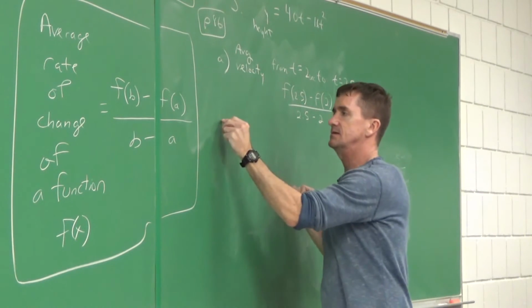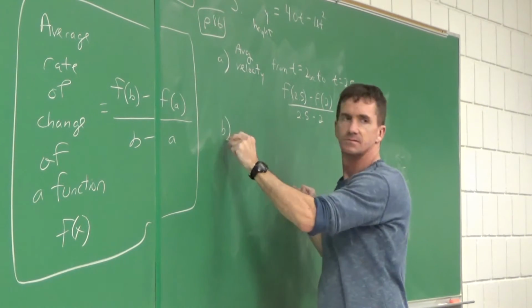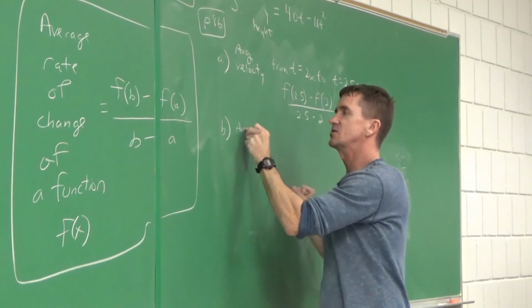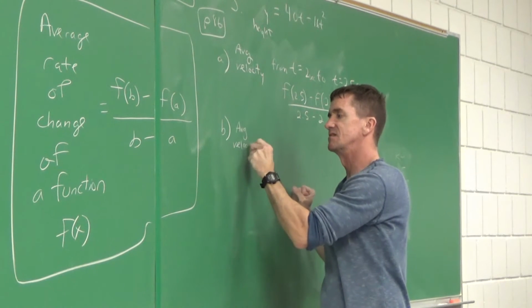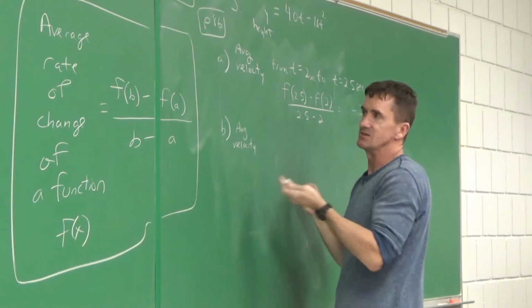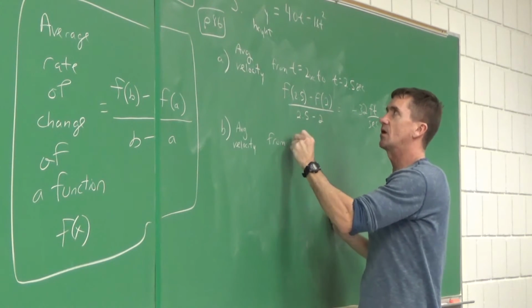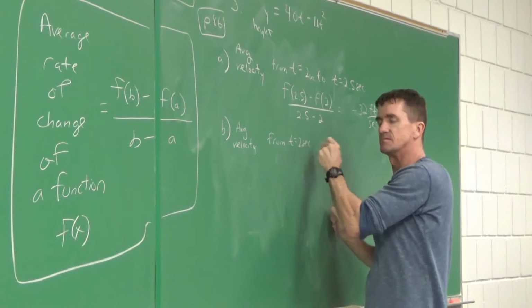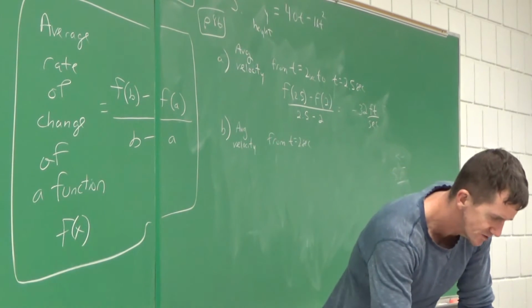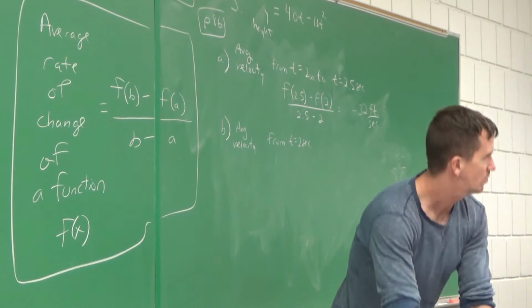All right, well, what do they get to in letter B? They want you to do the same thing. This problem may seem tedious to you, but there's meaning behind it. There's a reason why we want you to keep going through this. In letter B, they go from t equals 2 seconds to how much? 2.1 seconds.